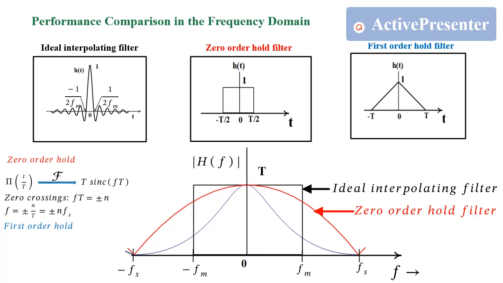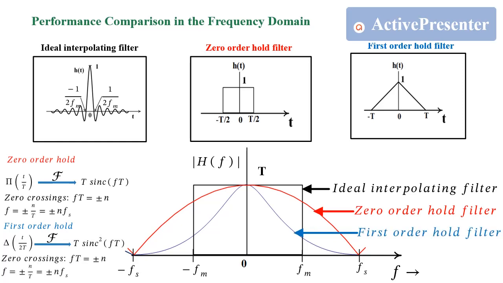The Fourier transform of this triangular pulse is a sinc squared pulse of height T and the first zero crossing at fs hertz. As seen from the figure, the cutoff frequency of this first order filter is also fs, as was the case for the zero order Hold filter, and this too doesn't have a sharp cutoff at fm hertz. So both the zero order and the first order filter do not approximate the ideal low pass filter very well. Still, many practical reconstruction systems use them for reconstruction, as the gate pulses and the triangular pulses are easier to generate than the sinc pulses.